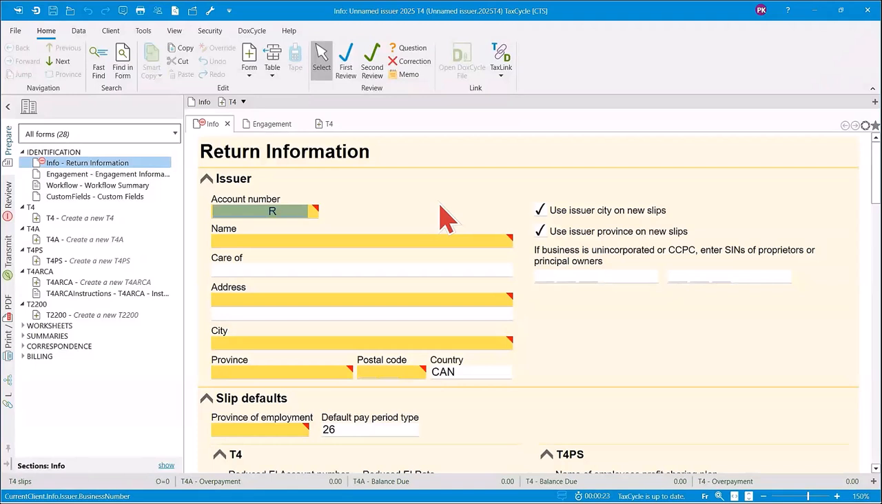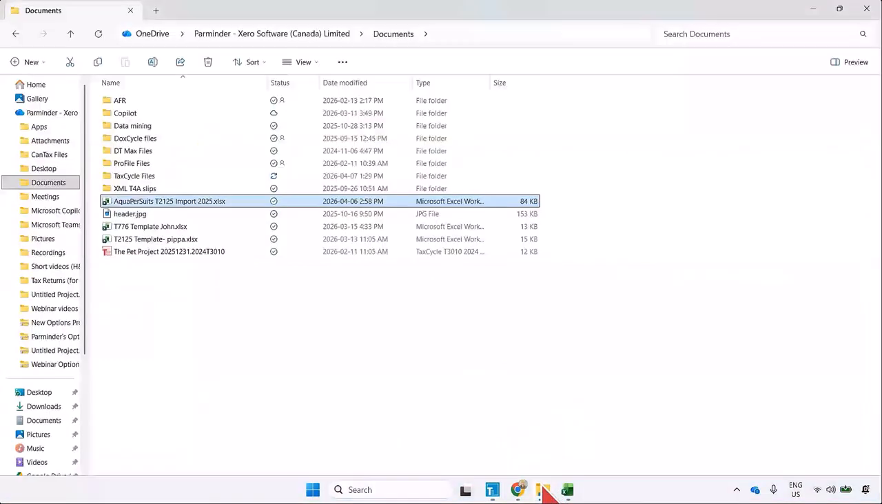Slip season is all about volume. So if you have payroll or investment data in Excel, you don't have to enter those slips one by one in TaxCycle. TaxCycle makes it very easy for you to work with that data. So TaxCycle provides standardized sample files for T4, T4A, T5, and T5018 imports. So you can find those under your